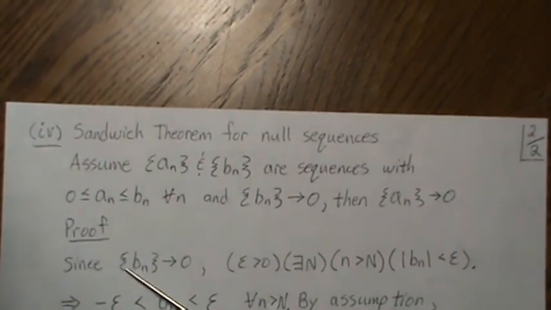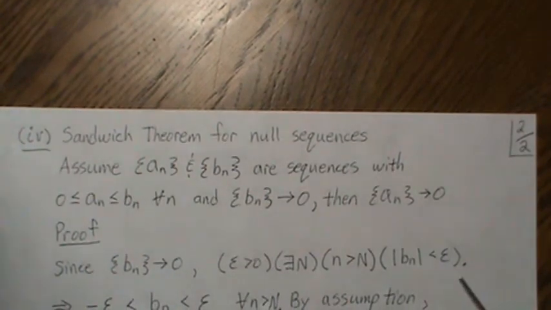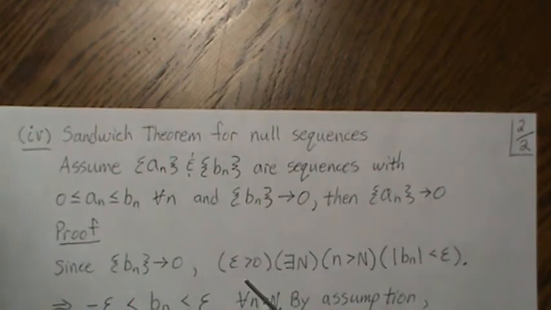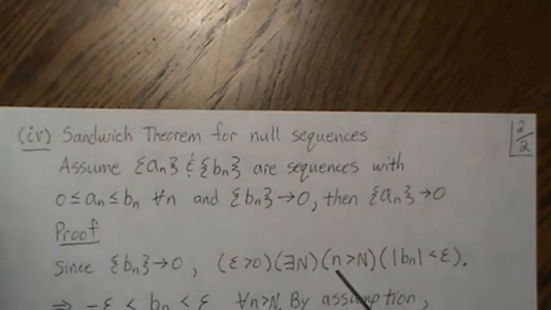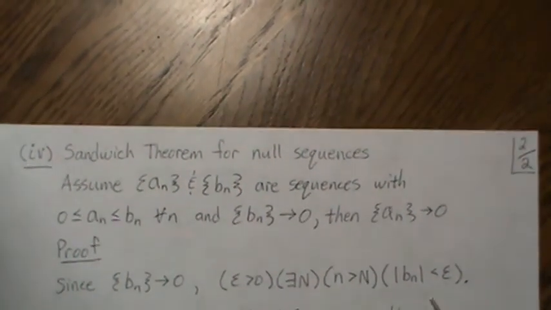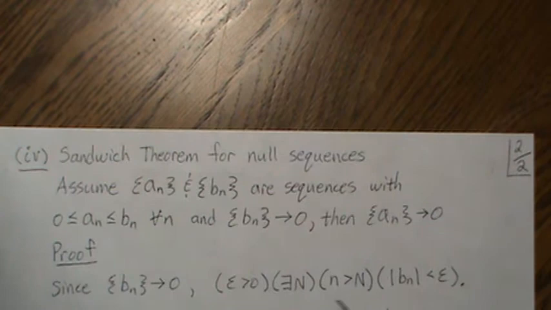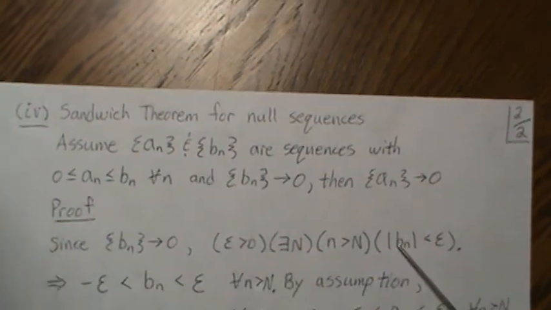So the proof is this: since we know that b_n converges to 0, and this is kind of shorthand notation, you go, given epsilon greater than 0, there exists a capital N such that when n is greater than capital N, then this condition's met, that the absolute value of b_n is always less than epsilon. So that's the definition of convergence to 0. And actually, here's a side note, not part of the original one, that if b_n converges to 0, the absolute value of b_n converges to 0. We get it by default. Okay, that's a side topic.